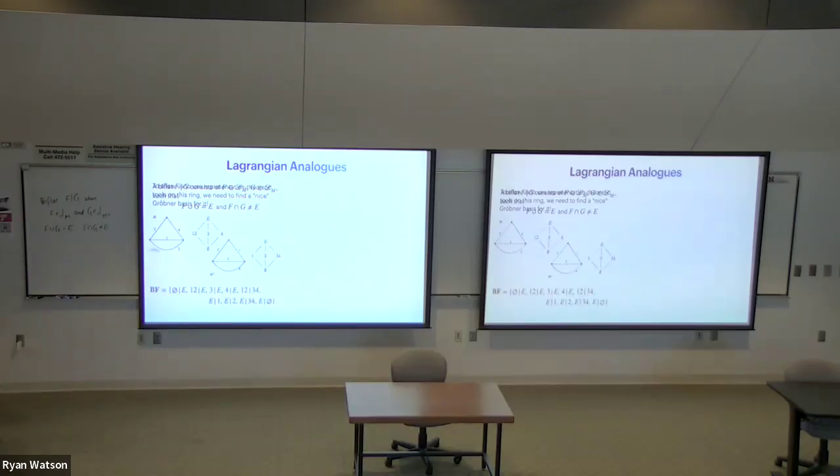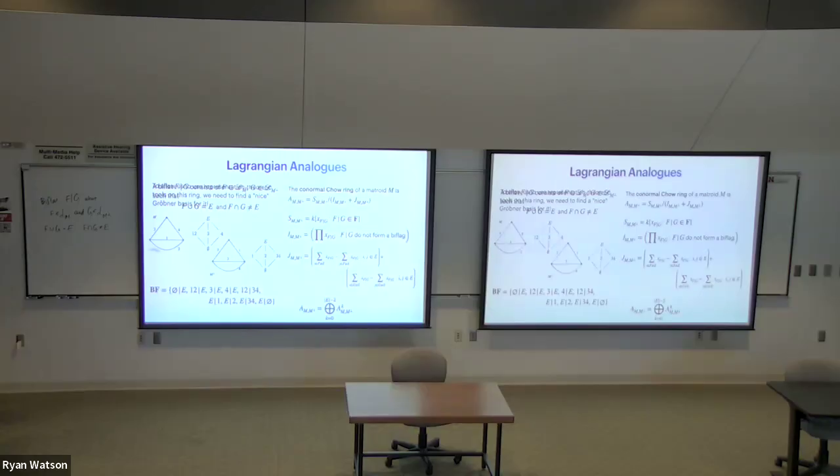And the biflats of this matroid are, I can take E and the empty set and write in both directions. And then I can take any flat and attach E to it, or I can take any flat of the dual matroid and attach E to it. But I can also take 1, 2 and 3, 4. Those are my biflats, and these define the conormal Chow ring of a matroid, where I still have a variable